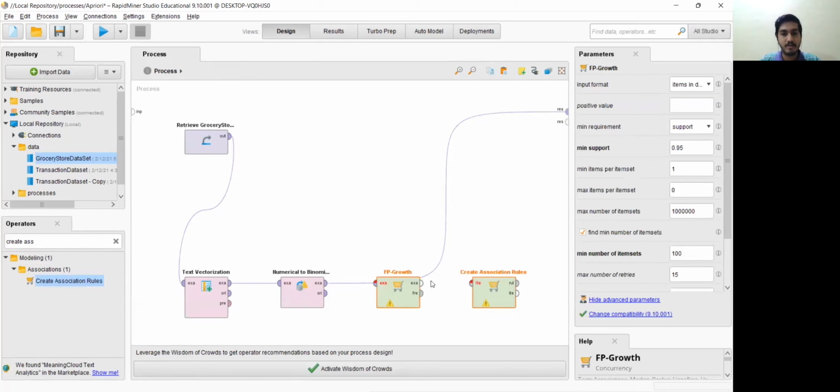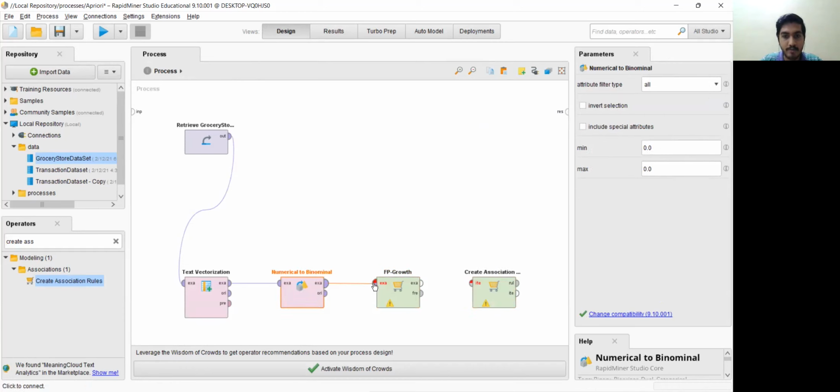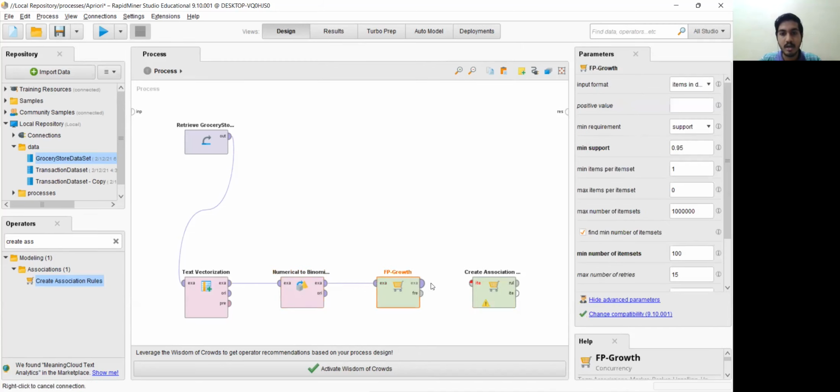Next, we give the output of numerical to binomial to FP growth. FP growth is the Apriori-type model that is used in the RapidMiner software. So we are giving this output as an input to the FP growth. And from that, we are creating association rules. Actually, we had to give the frequency to the association rules.